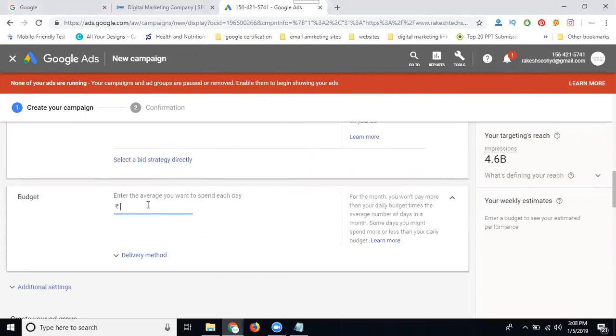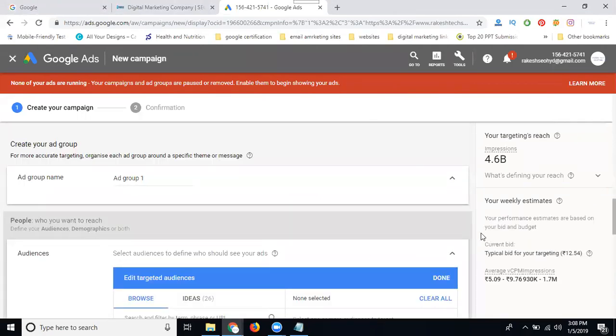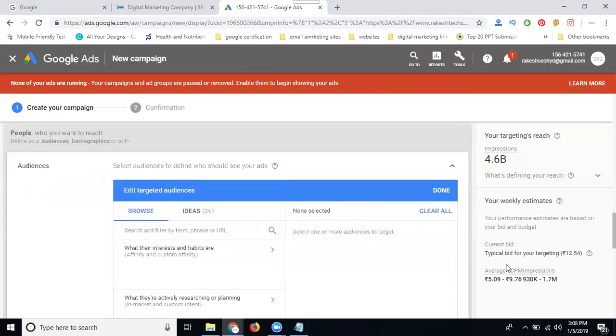Suppose you fix your daily budget at 1,050. After fixing your budget, you can see the weekly estimation. They give a report based on your budget. Next, the ad group, which means you create your ad. Before creating the ad, you can see the typical bid for every target is 12 rupees 54 paisa. Average CPM will be 5 rupees to 9 rupees. The reach will be 930k to